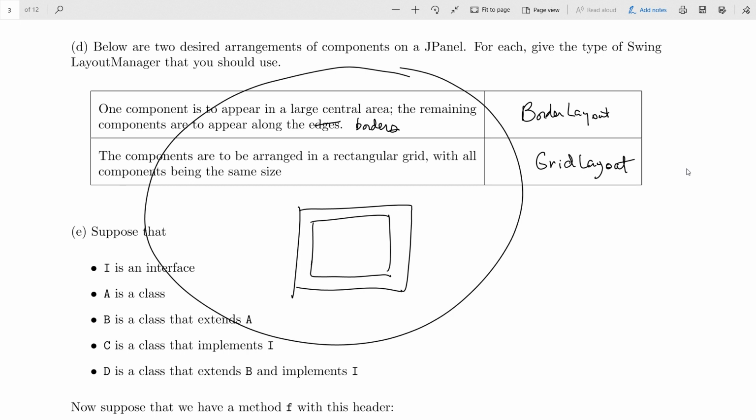So what if you wanted multiple things in this area? What would you do? I just pointed with my pen at the screen, but you can't see it. In this area here. Would you put a border within a border? Okay, how would you do that? For example, what if you wanted to have a grid where I put the X? You want a grid in the center part. So you want to add a grid as the center part of the border layout. What would you need to do? Yeah.